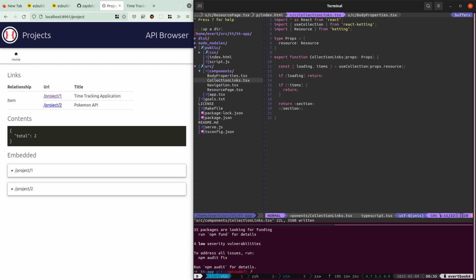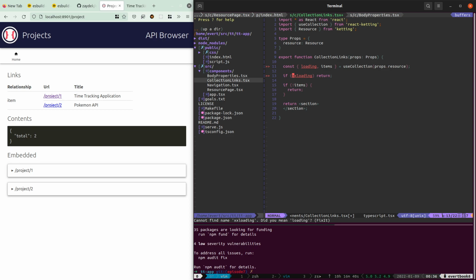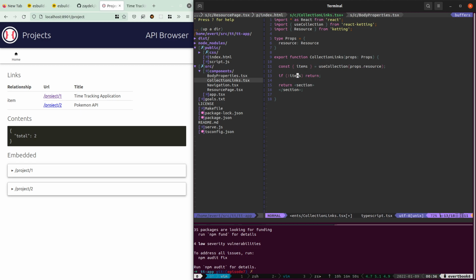this uses the exact same resource as the other one. And so any errors that would happen is already handled by its parent component. So we can just basically make this a little bit simpler. Also, if there's no items, then while we're still loading, there's also no items. So I can just do this for a very minimal version of this. So I don't even need loading. Okay, now if there are items, then